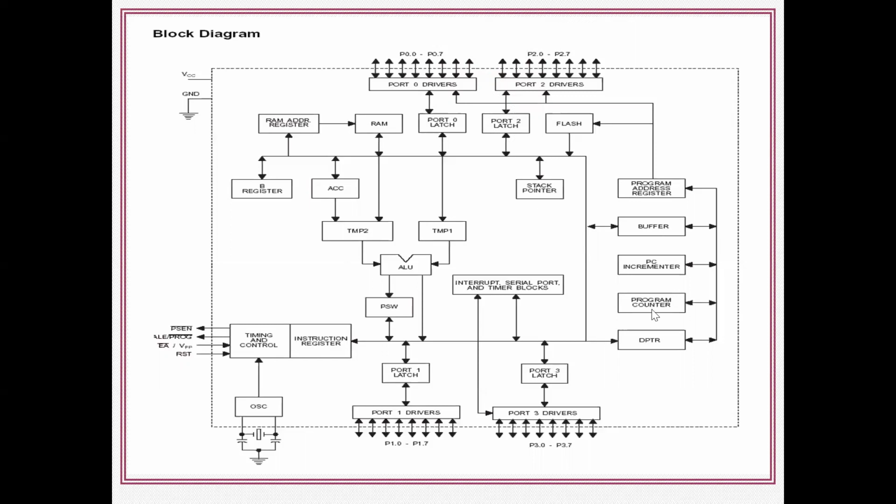And the program counter: we know that the program counter is used to point to the address of the next executable instruction. It has automatic incrementing capability based on the current instruction. If the current instruction is a 1 byte instruction, the next address is incremented by +1. If it is a 2 byte instruction, the next address is +2. If it is a 3 byte instruction, the next address is updated by +3. Okay, and next DPTR is available. DPTR is the data pointer. To read data from external memory, we require a 16-bit register, so in those cases we use DPTR.